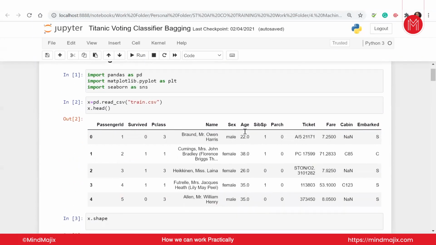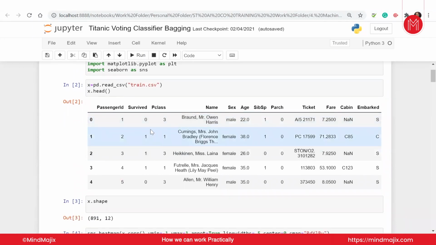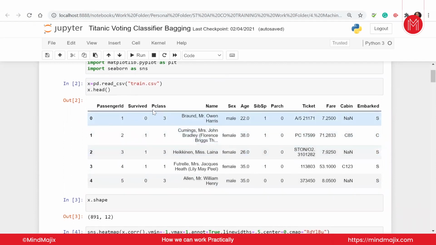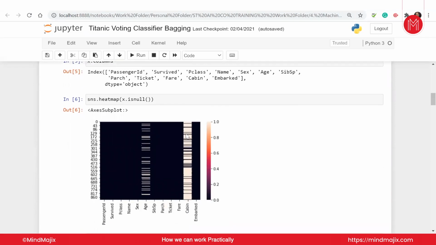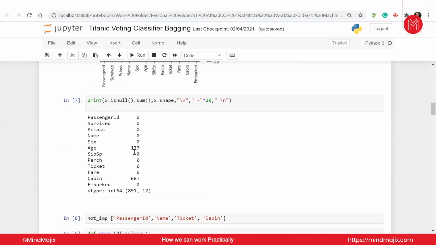We have this data which has the passenger ID, survive column, P class, and again it's a Titanic data set, which is very famous. The survive column is the target value that we have here, and the others are independent columns. I can see that I have a lot of missing values in cabin and a decent amount of missing values in the age column. So I printed: the age column has 177 null values, cabin has 687 null values. The total rows that we have is 891. That means almost 70% is missing in the cabin column.